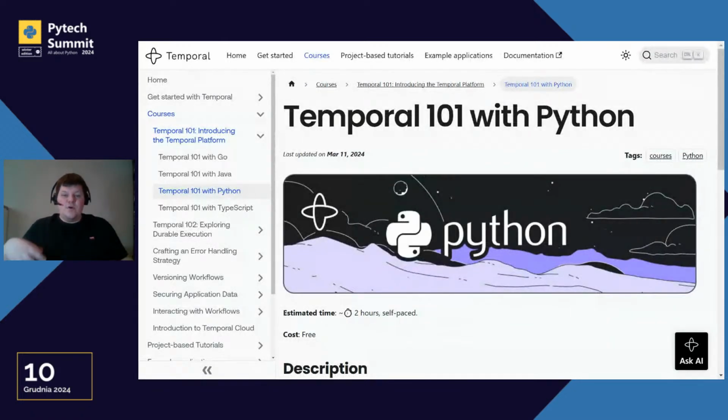If you want to go deeper with Temporal, I prepared links to 2 great online courses, very quick, short courses. The first one is only around 2 hours: Temporal 101 with Python, because we are Python developers. But in practice, in our workflow, we can mix Go code, Java code, TypeScript code, .NET code together.